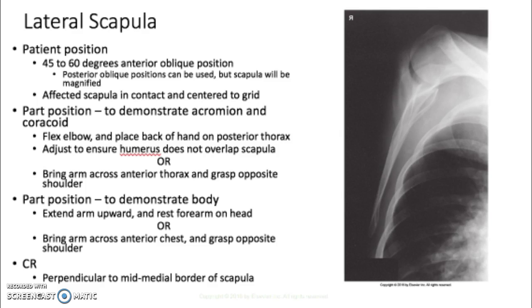Look at this and compare it to the other one for the shoulder and figure out what the differences are. I've never heard it called a lateral scapula view specifically, but it's a really nice view of the scapula away from the thorax, so you don't have any superimposition of the humerus or any of the ribs. And the central ray is going to be at the mid-medial border of the scapula. Compare that to the Y view, whereas you're centering on the Y view.